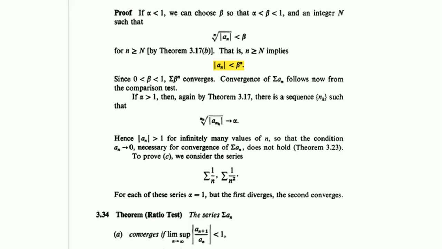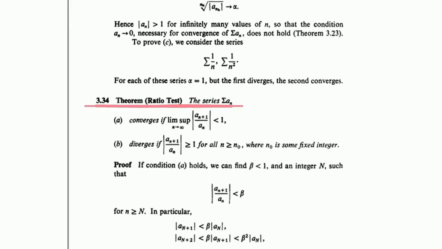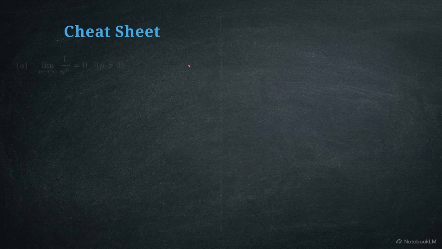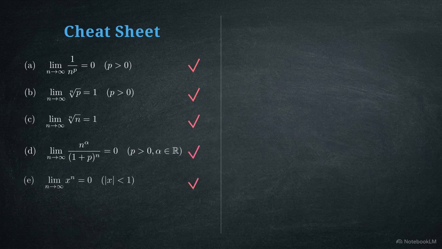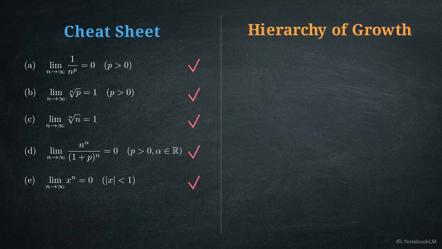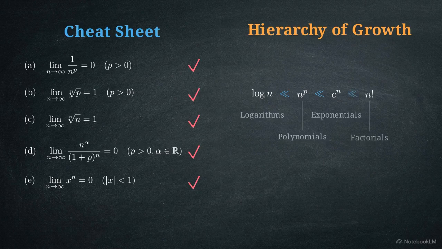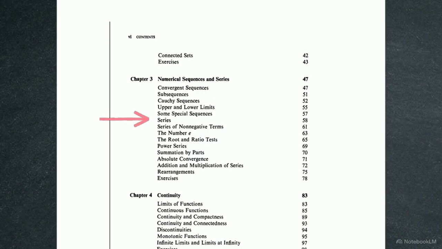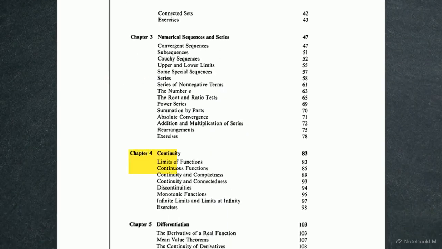Because the dominance of the exponential term is already established, evaluating variable sequences like this becomes a process of identifying which theorem to apply. These 5 special sequences function as a cheat sheet, allowing you to identify convergence without repeating proofs. They lead to the ultimate hierarchy of growth. Logarithms grow slower than polynomials, which are overtaken by exponentials, factorials, and finally n to the power of n. Internalizing this ranking allows you to predict the behavior of almost any sequence by simply looking at its components. These limits provide the starting point for proving the convergence of series and the behaviors of continuous functions in the